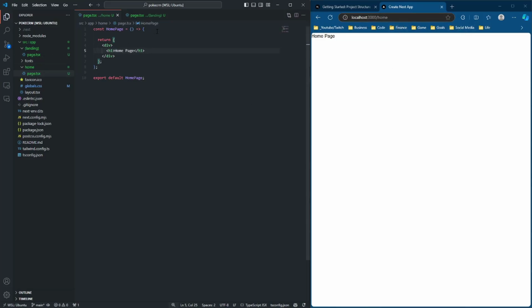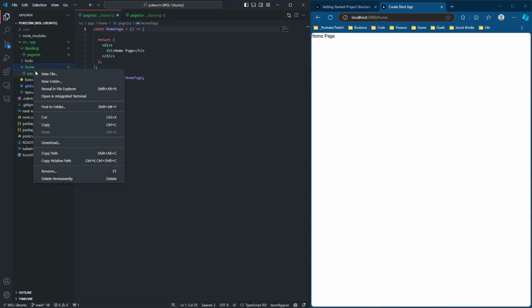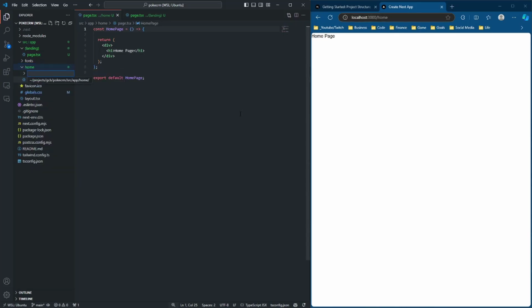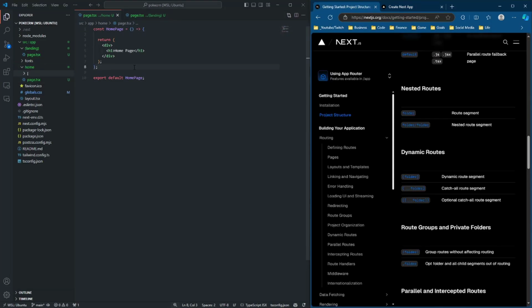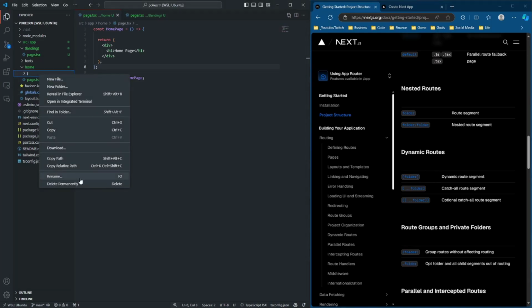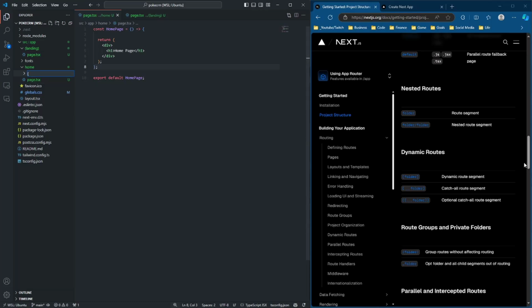Another interesting thing is that you could read the URL. So let's just say, for example, and I just wanted to pull it up real quick before we go into dynamic routings here within VS Code. And you can read more about it actually under this here. But just to explain it at a top level, if we wanted to do home and have a very specific folder name, home, and just say,